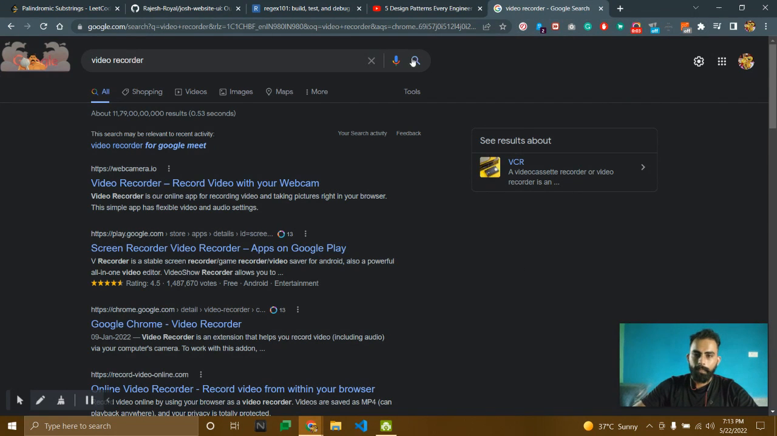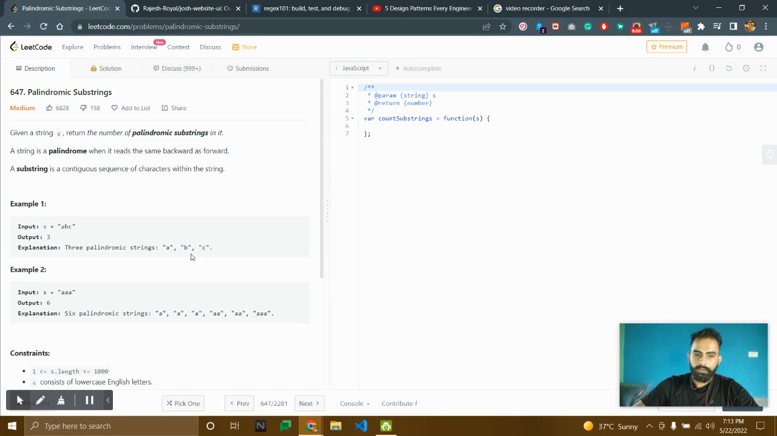It's recording. Hello everyone. Today we are going to solve this LeetCode problem. This problem is Palindromic Substrings. What we have to do is, given a string S, return the number of palindromic substrings in it. That is, we are given a string, then a substring, and you have to find its occurrence in the given string. For example, it's ABC, and the output will be 3